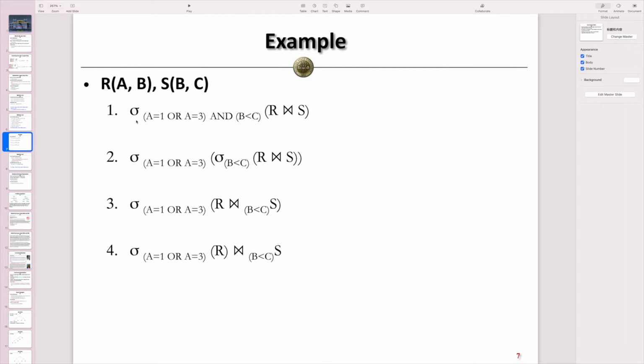The first one we have is a selection on some condition. Inside we have R joins S. Here this denotes a natural join, right? Because between R and S we have one shared attribute, which will be the B attribute, right? So here, if we do the selection within this R joins S, and we have some condition shown here, the